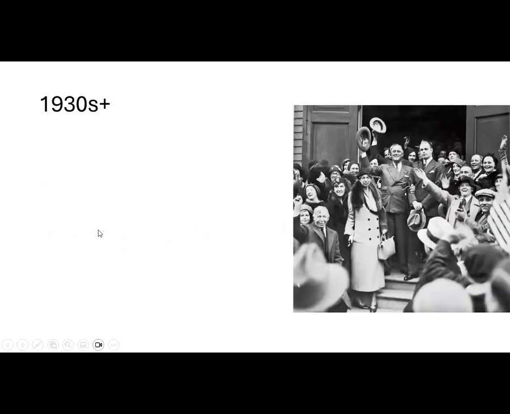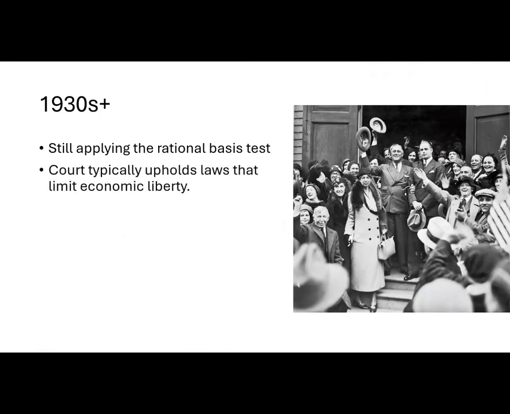In the 1930s, though, we observe a shift in the analysis. Political will developed for the enactment of progressive policies that protected laborers and consumers. That political will trickled up into the Supreme Court. It was still applying the rational basis test, but it nearly always held that the rational basis test was met by the government. The court began upholding legislation that regulated businesses, in particular legislation that was enacted under the authority